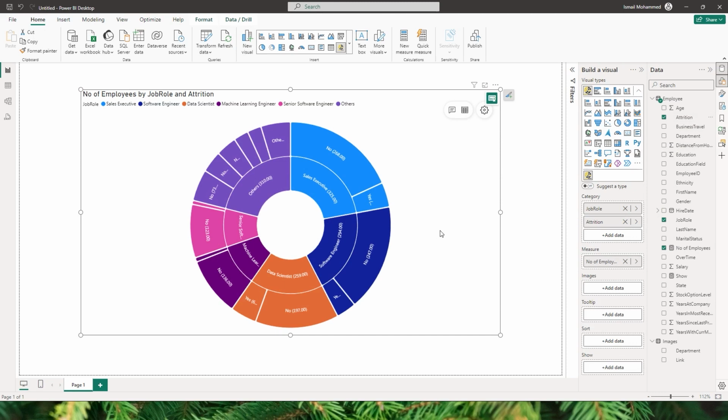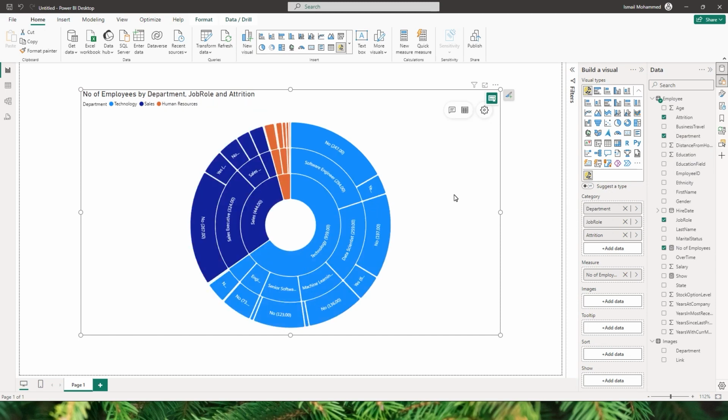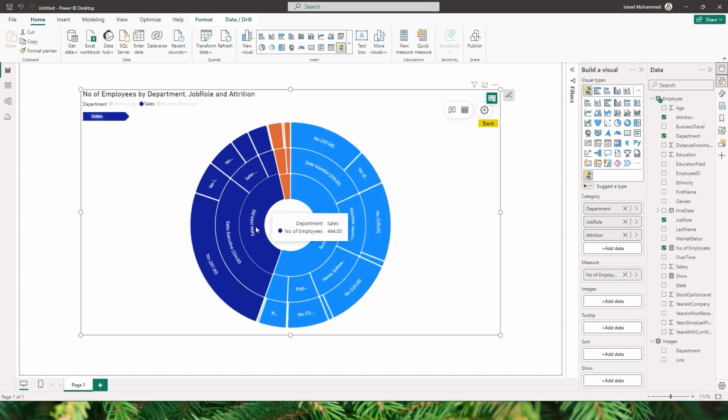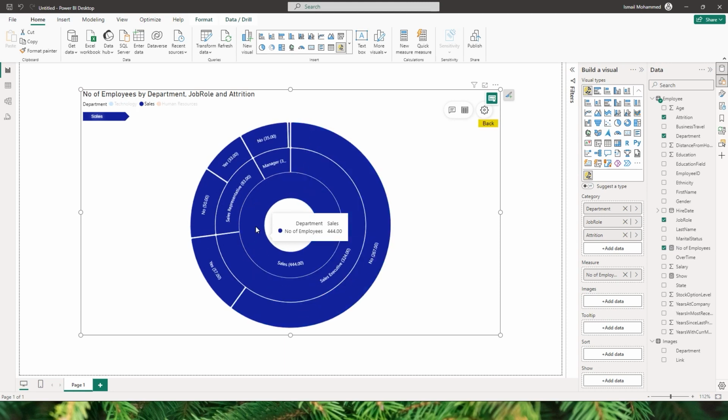Now let me quickly add in another field into the category section over here. So now on the innermost circle, I have the department followed by the job roles followed by the attrition. And now if you have to drill down and take a look at a particular department, for example, if you want to take a look at the sales department, you want to see what is happening within that particular department, you can simply click on the department sales over here. This will drill down or zoom through that particular department and show you more information related to the job role